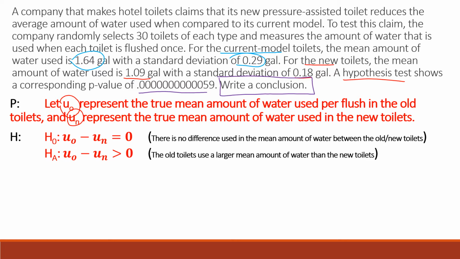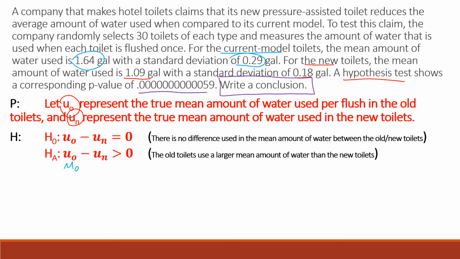When we have two sample tests, the null hypothesis is always that there's no difference between the two, and the alternative comes from the problem. So in this case, the new toilets should be better than the old ones. That's the whole point of the company doing this test. And if they're better, they should use less water. So it depends on how we write this. So I wrote mu O first,